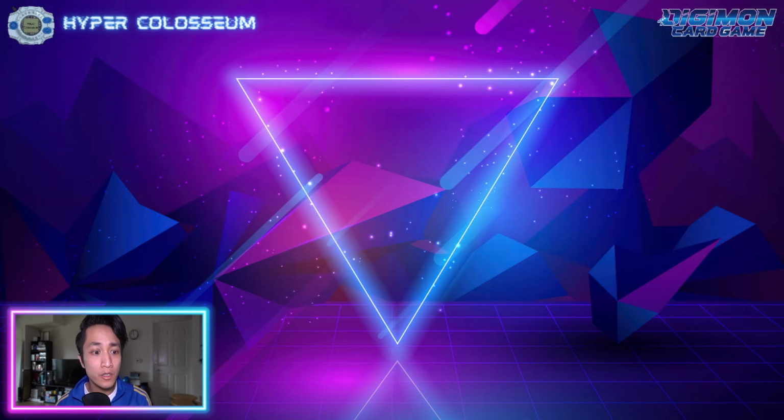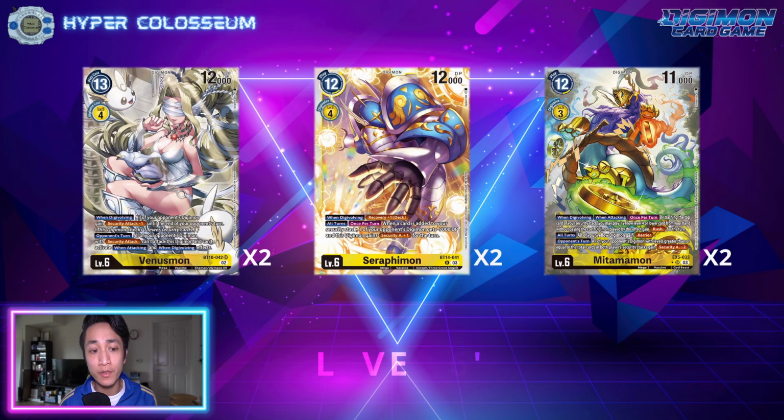Moving on to the level 6s, we do run a little bit of a toolboxy variant for our level 6 spread. We start off with 2 BT-10 Venusmon, 2 BT-14 Seraphimon, and 2 EX5 Mitamamon. Venusmon, I think, is still a huge, huge floodgate card, and a really, really good one at that. I think moving into BT-16, you're going to see a whole lot of Venusmon coming back into play, because Venus as a floodgate for proccing when digivolving effects slows so many decks down,